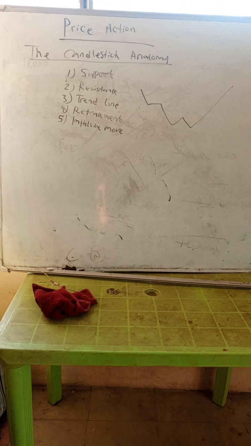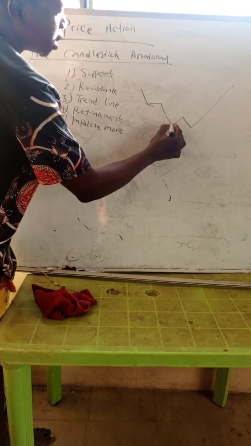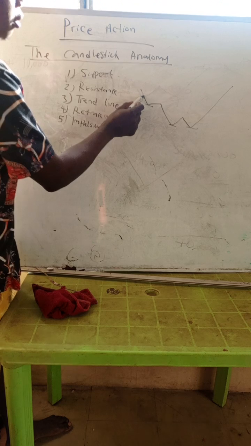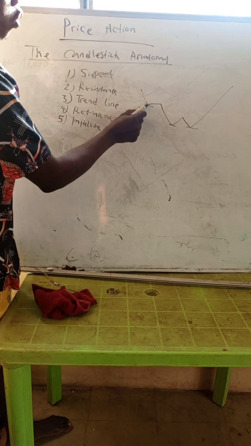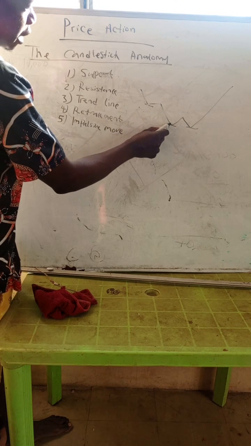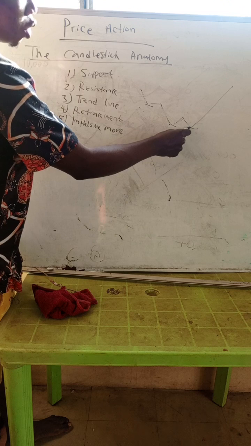I hope you did that. Now there are three supports here if you can look very well. There are three supports here. The first support here is this one, second one is this, the third one is this. Why? Because the price fell down to all this level and then failed to go any lower and then bounced up here and then went down again at this point and failed to go any lower and then bounced off here and then here and failed to go any lower and then bounced off.